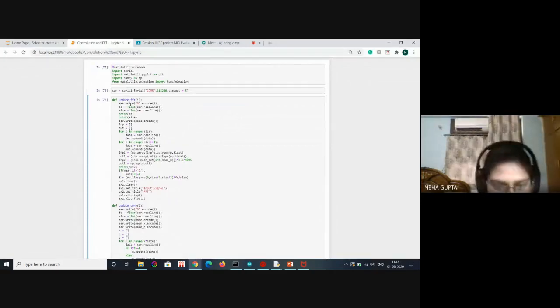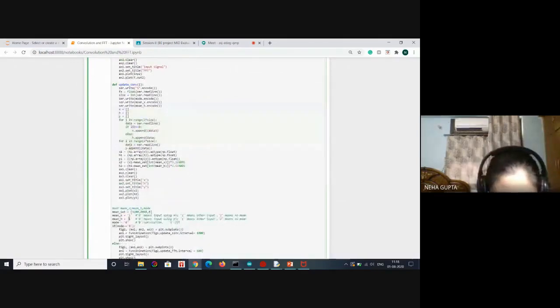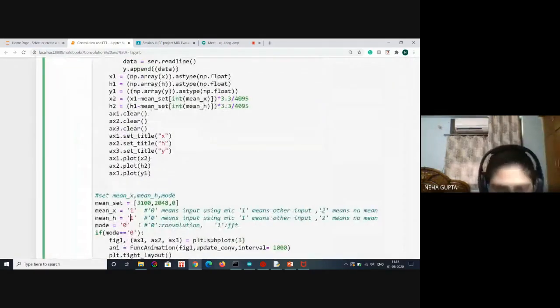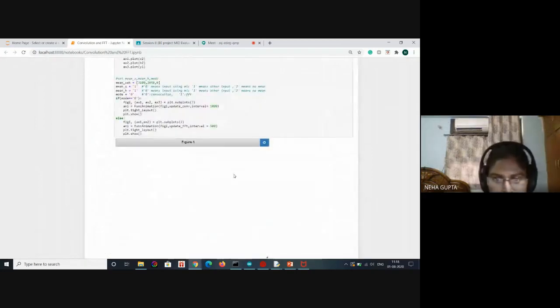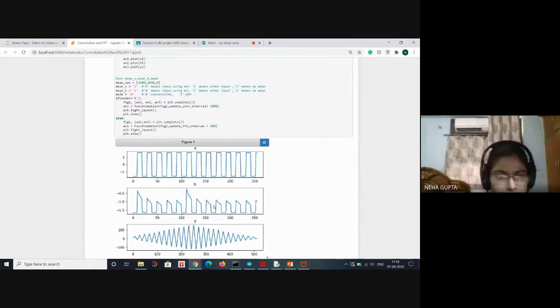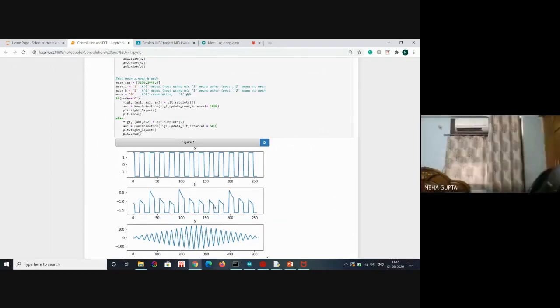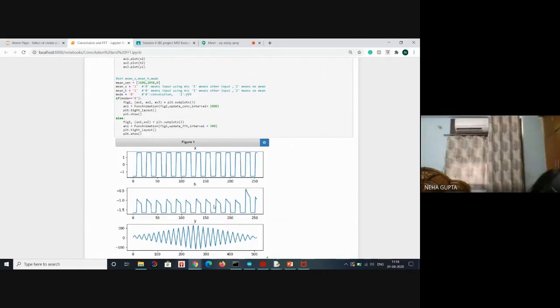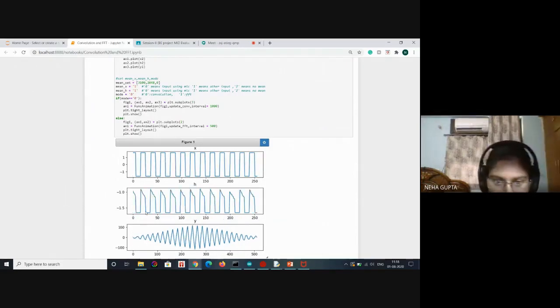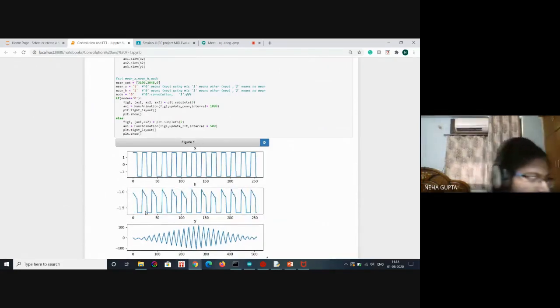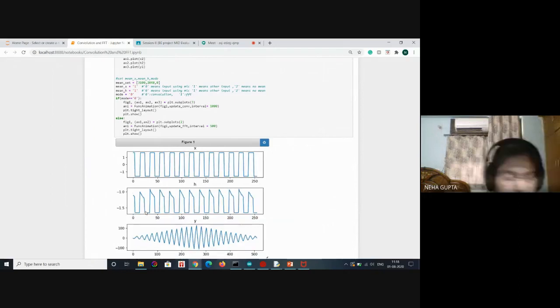In convolution, I have to set the mode as 0. I'll run this. So this is the convolution of square with square.